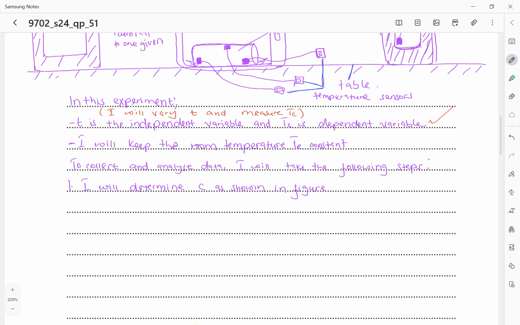So I will determine C as shown in figure 1 by using a cylinder of the same material, because I can't use the one which I'm going to place in the oven, yet I need the mass. For the first one, I have to drill holes to insert a thermometer and to insert the heater. So I will determine C as shown in figure 1 by using a cylinder of the same material